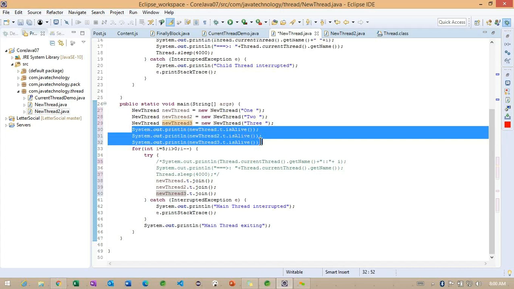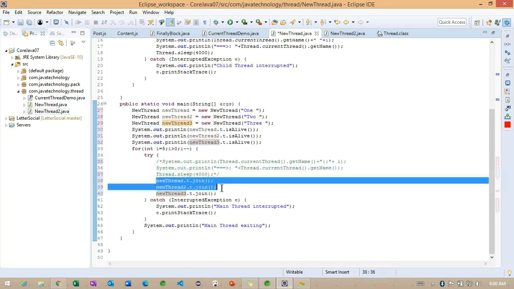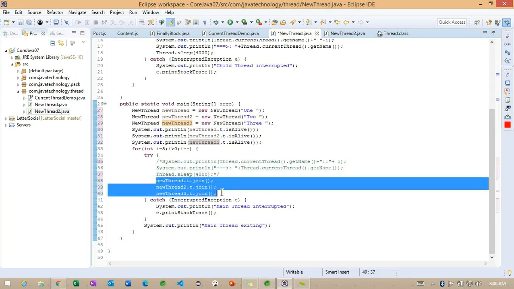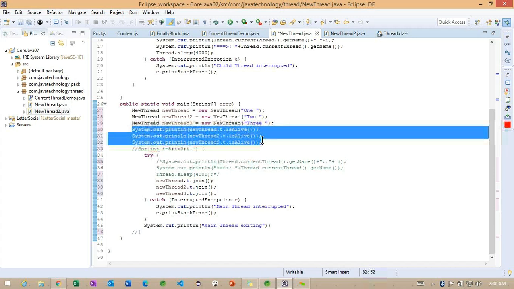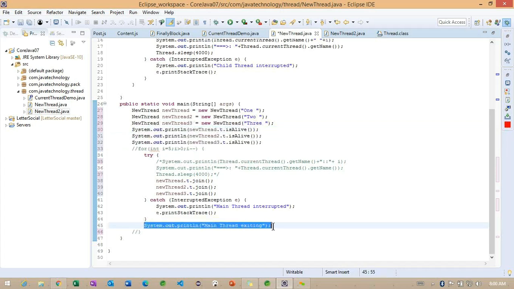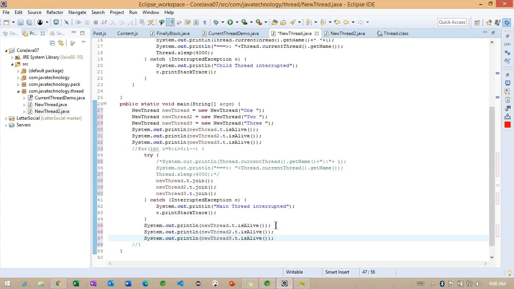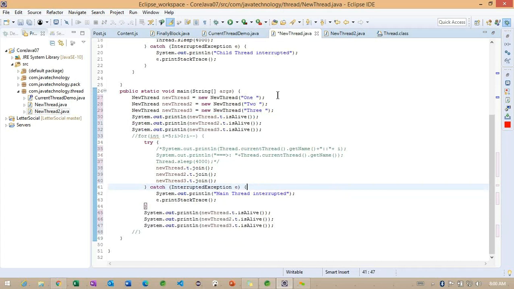After that, I'm going to make each thread wait so that each thread is going to terminate. And I don't want to use this particular loop also. After this, I'm trying to call the same methods outside of this particular catch block.